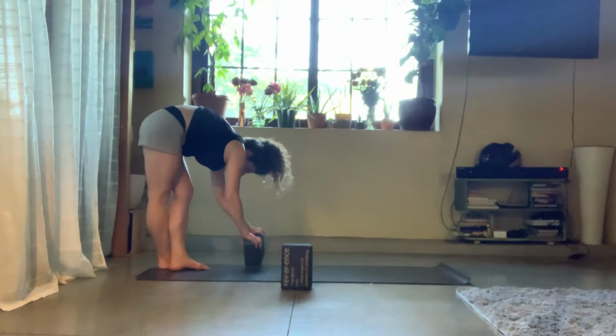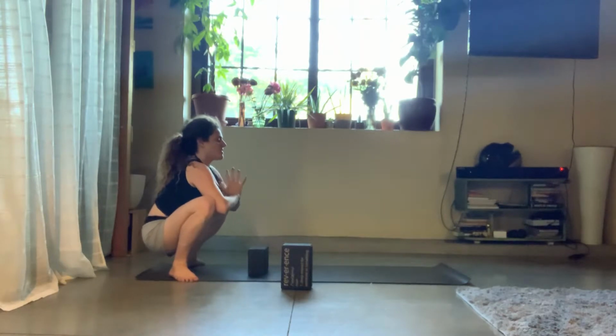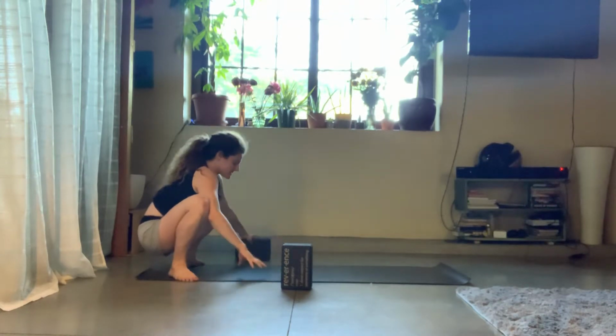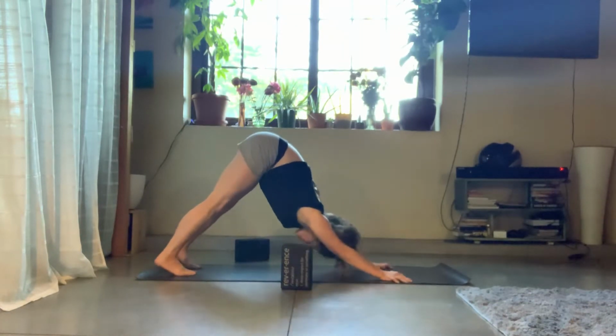Come back through center. Unravel the feet, yogi squat. Drop your hips, prayer hands to the heart. 5 breaths. Move your block aside, hands down, hips high, walk yourself forward, downward facing dog, and we'll take a flow, shift forward,